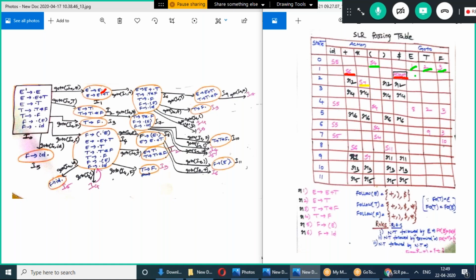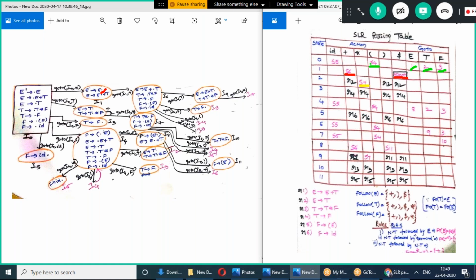So we filled the shift operations and this non-terminal goto table also, and these pink color fillings are the shift operations. Now we need to fill the reduce operations.